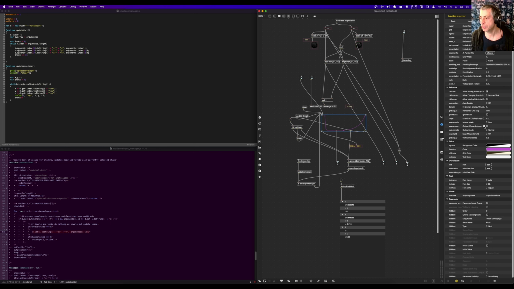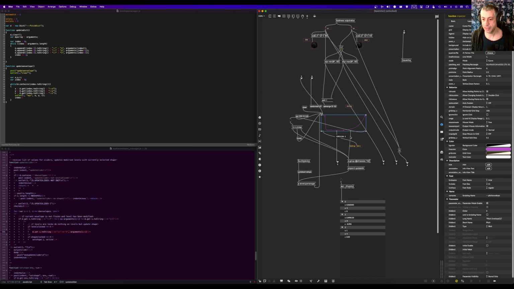Output mouse information. So when mouse report is set to 1, a 3-item list of the mouse data is output from the third outlet. The list contains the mouse current position on the X and Y axis and the current point under the mouse pointer. And if there is no point, -1 is output. So I'm gonna use that. So that's the third